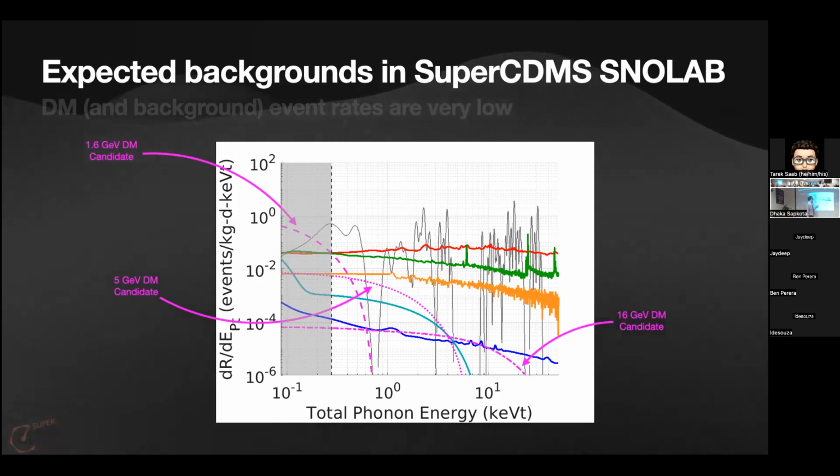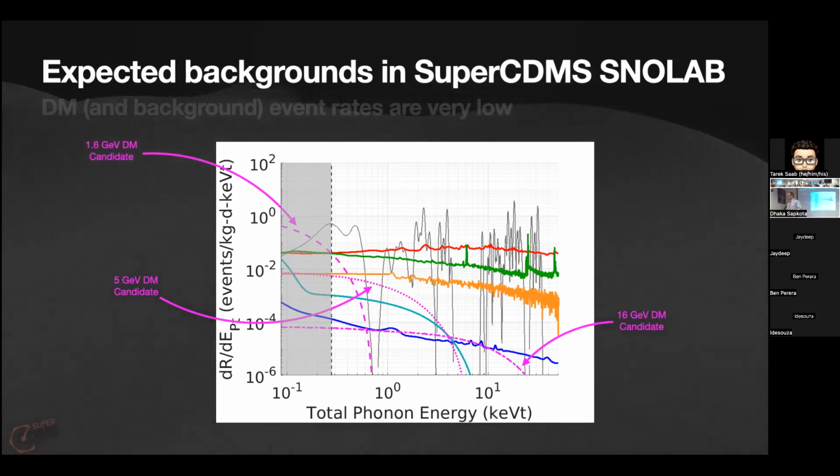And then as you go up in energy, you'll be able to extend the spectrum, but of course the overall rate comes down. And then the other various colored curves are our estimate of what the various background contributions are. So in red are gammas coming from the surroundings of the lab, of the cryostat, and green are electrons, just standard radioactive emission. We try our best to build the experiment out of the most radio-pure material. The whole challenge is to make it as clean as possible, but this is what as clean as possible is right now. That's the state of the art.